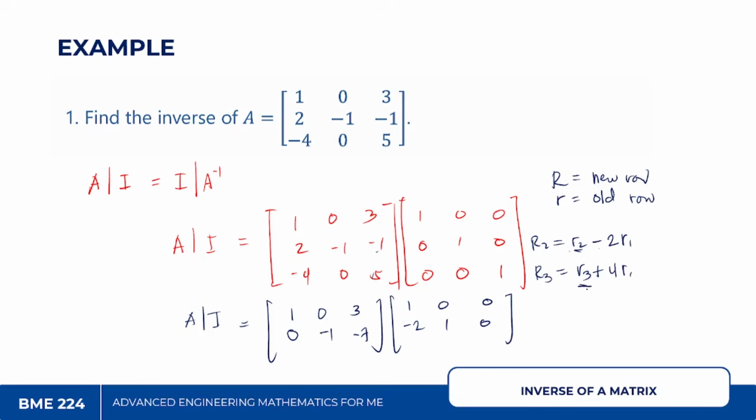Sorry. So yung para sa new row 3, so yung original, yung old R3 or row 3, negative 4, plus 4 times 1, so magiging 0 yan. Ito naman, 0, plus 4 times 0, which is 0 ulit. Then, 5, yung old R3, plus 4 times 3, which is 5 plus 12, or that is 17. So, ito, 0 plus 4 times 1, magiging 4 yan. Tama ba? 0 plus 4 times 0, magiging 0 yan. Then, 1 plus 4 times 0, which is 1 lang ulit. Okay? So, ito na yung bagong